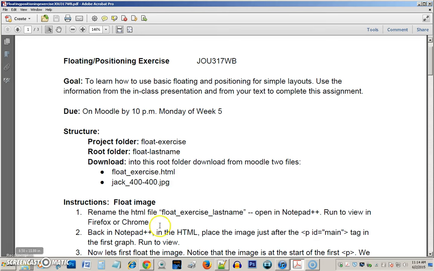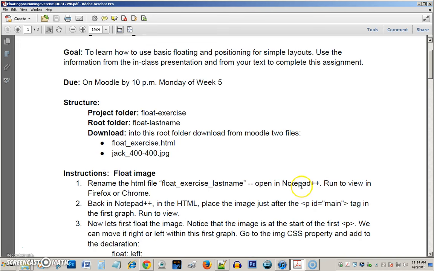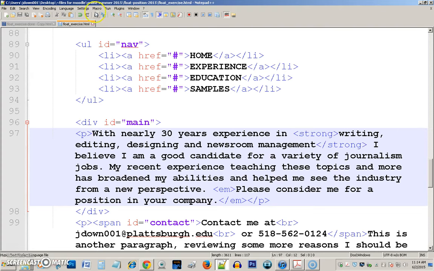And I want you to go ahead and, as the instructions say, open up the HTML document that you've renamed in Notepad++ in Chrome, I suggest, and you can view it, and then the instructions continue. But instead of that, why don't you play along with me, and you can get my ideas and do the exercise at the same time. So I'm in Notepad++. I'm going to run that file now,